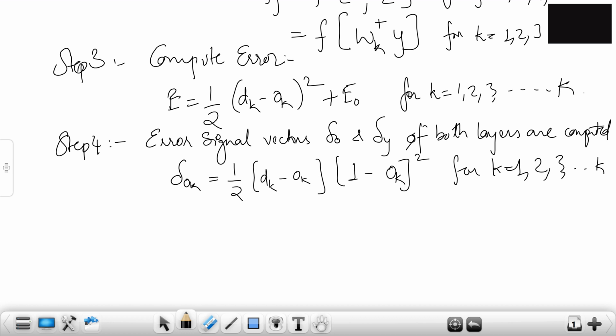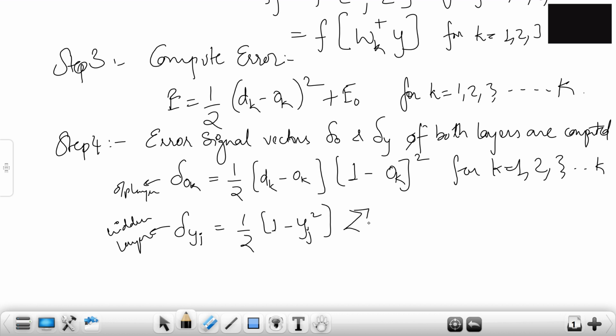Now what we have in terms of the hidden layer is delta Yj. This was in terms of the output layer, this is in terms of the hidden layer. Delta Yj will be half of (1 minus Yj) the whole square, times the summation, k going from 1 to K, of delta Ok times Wkj. You have seen this already in the whole derivation.